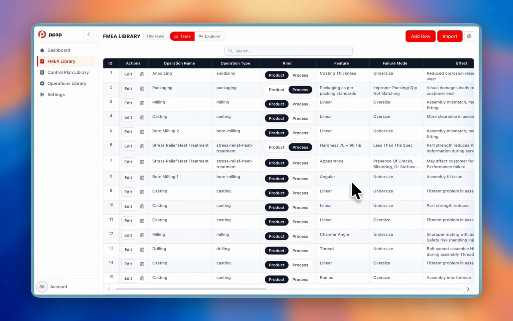This is exactly the representation of its understanding. AI understands that milling has all of these features. Each of these features have these many failure modes, and each of these failure modes have these values. And anytime you click, you can edit whatever you want to edit in this, and AI will respect that. It's so simple to visualize. Now, going back,